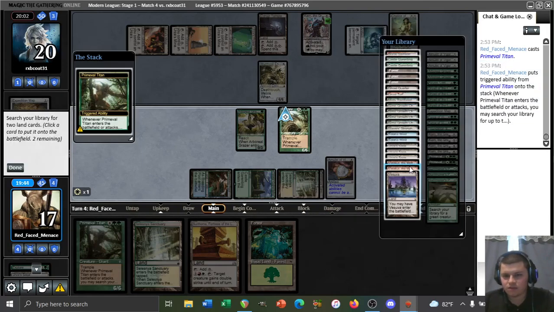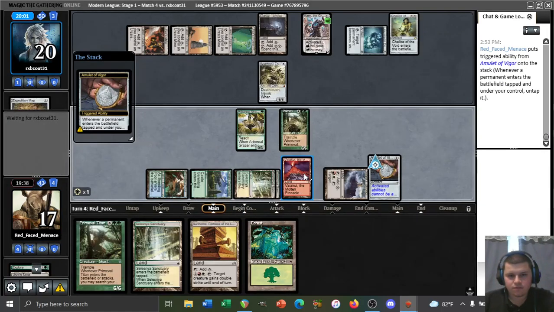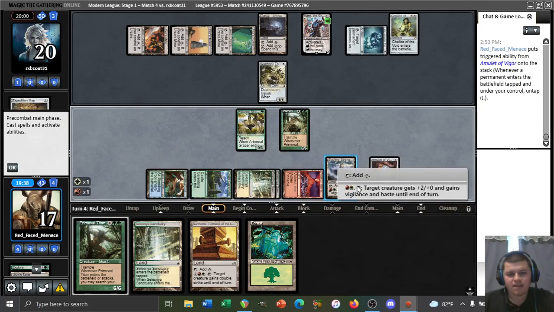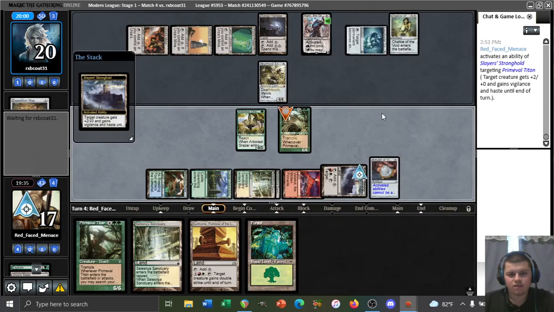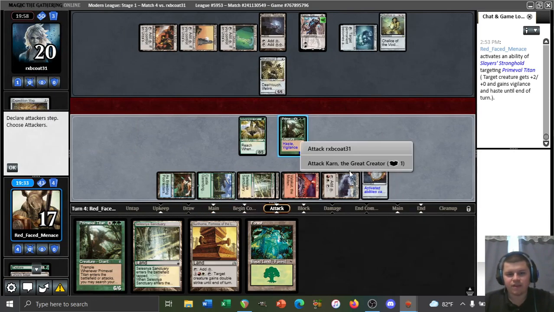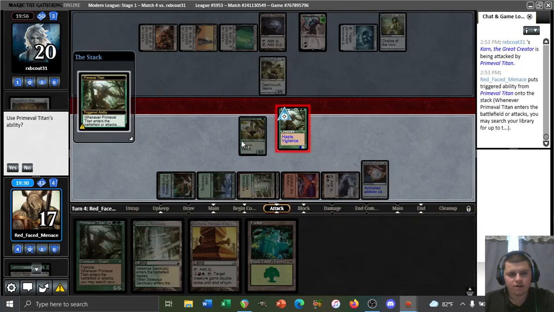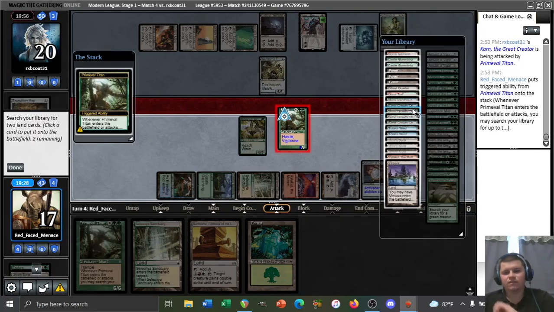Yes, we want the Valakut and the Slayers. I guess we could be attacking into a potential Dismember. That would be not great. I don't think we can afford to play around that, though. Swinging at Karn. We'll hit yes. And here,